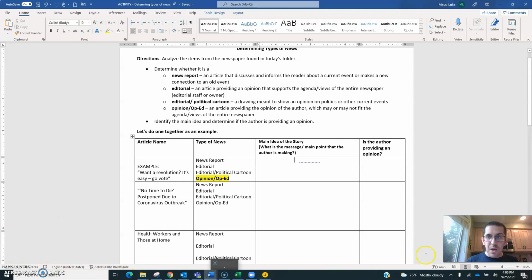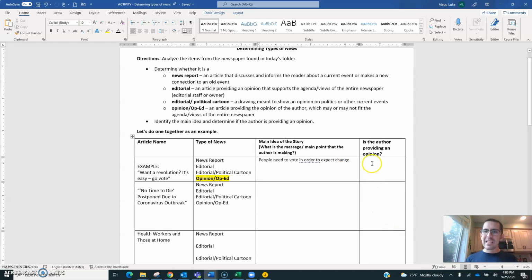All right, next up, we have what's the main idea of the story. Basically, what's the message or main point that this particular author is making? I personally think it's very clear that this author really wants the reader, wants me and you, to know that people need to vote in order to expect change. If you want to create change, you need to go out to vote, this author claims. So, in one single sentence, I've identified the point of this story. The opinion piece main idea is right there: people need to vote in order to expect change.